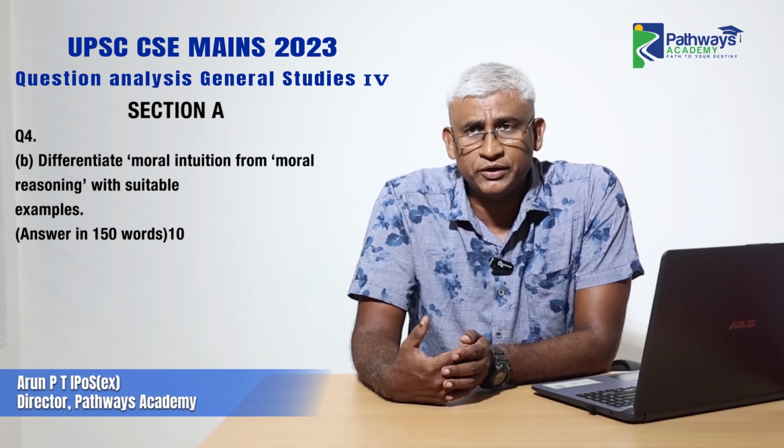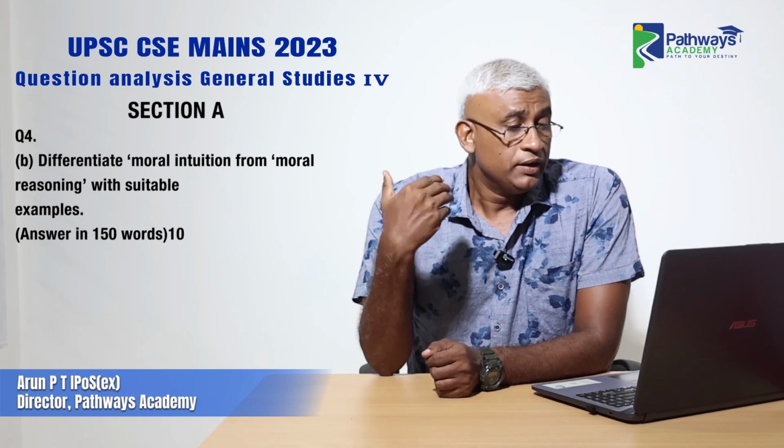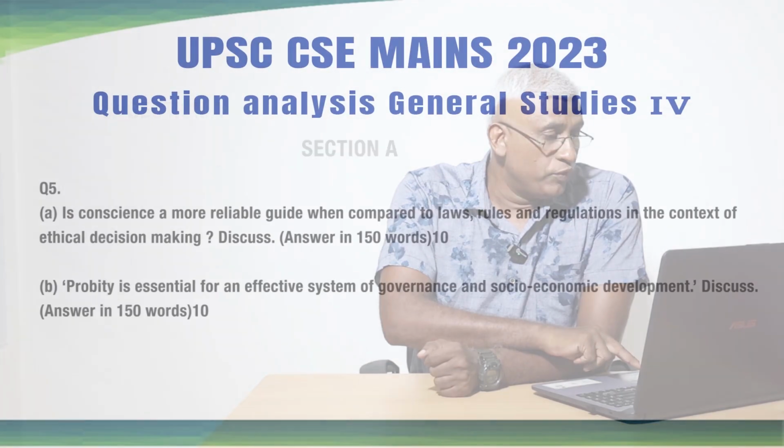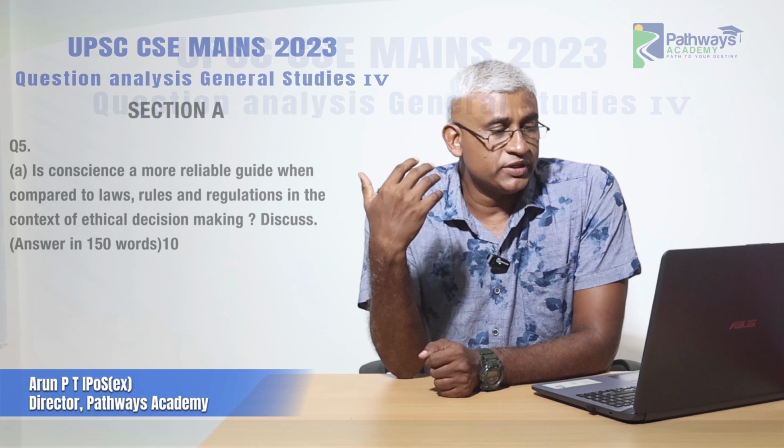That is a kind of moral intuition. Sometimes you could list out the reasons why something is right or wrong. That comes from the moral reasoning. Moving on, question 5A, we have, is conscience a more reliable guide when compared to laws, rules, and regulations when